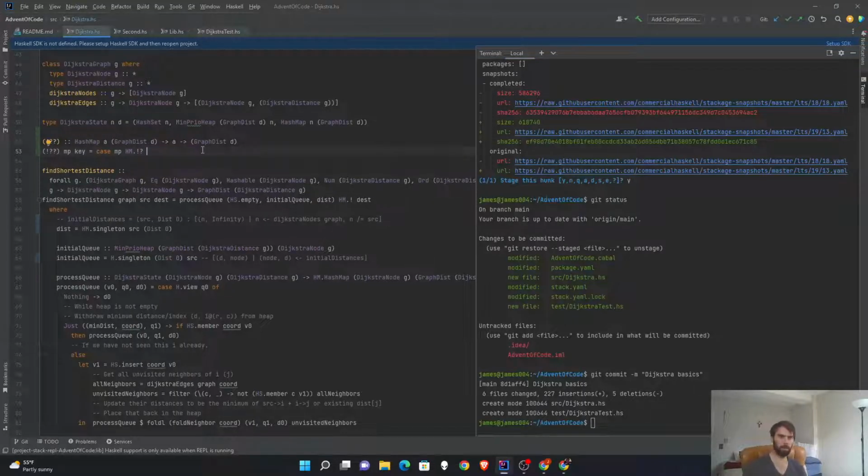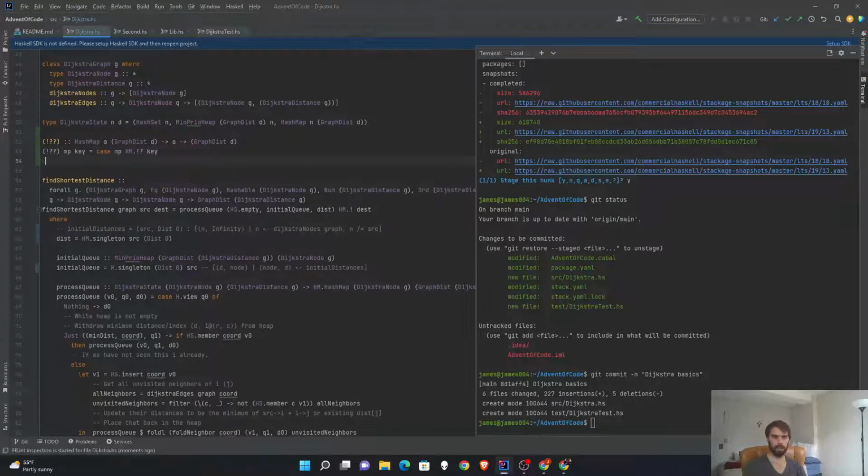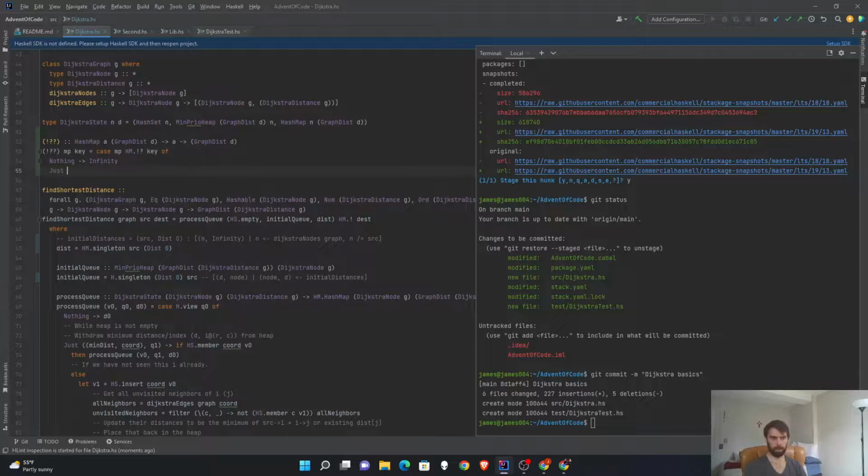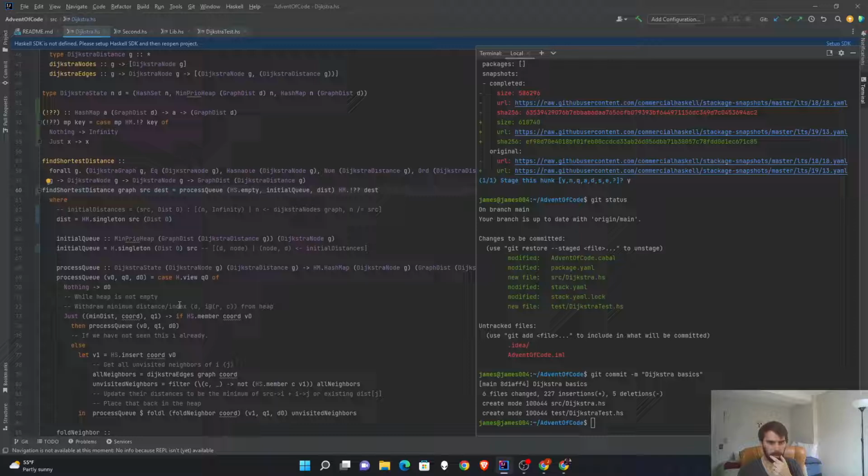But anyway, if we try to access the key and nothing's there, we just return infinity. And if it's just something, then it's just X. So we're fine. As long as I do that here, and in maybe some other places,